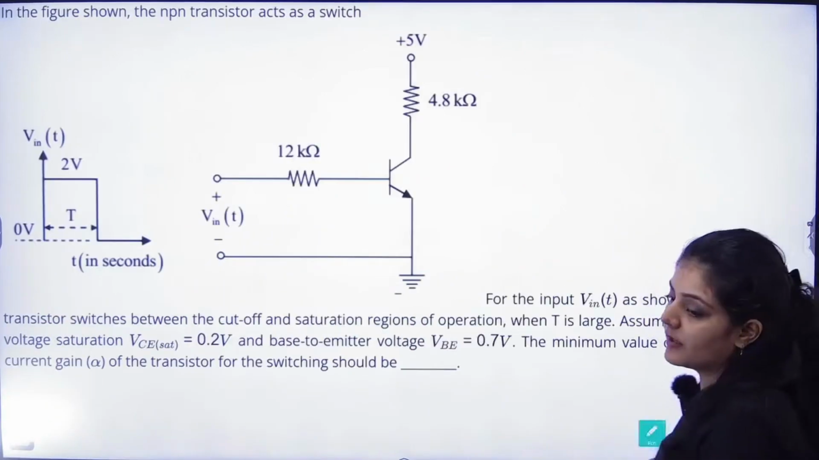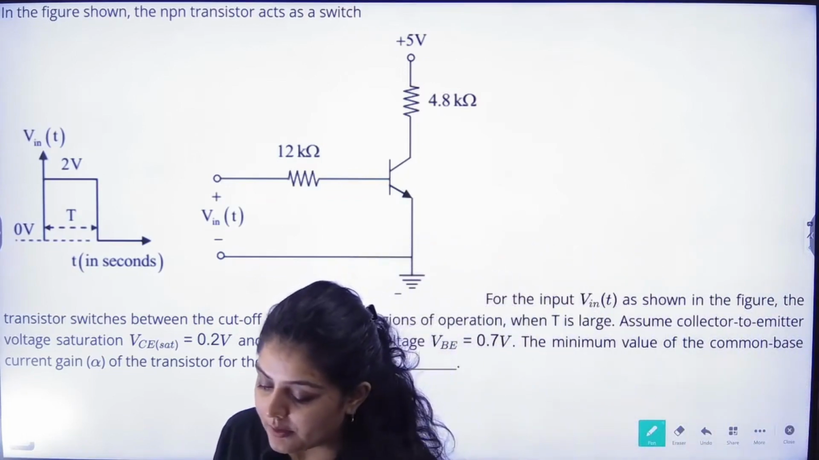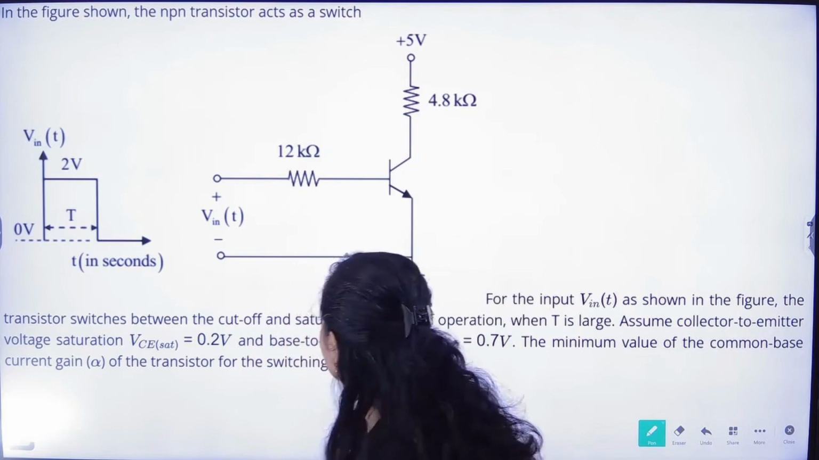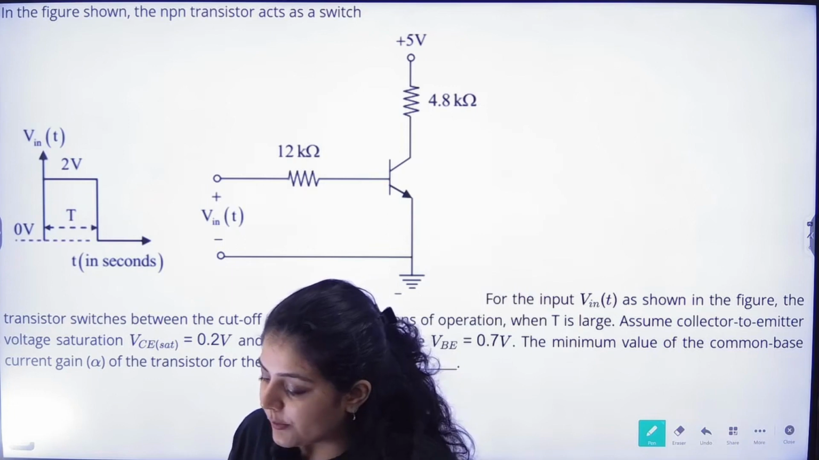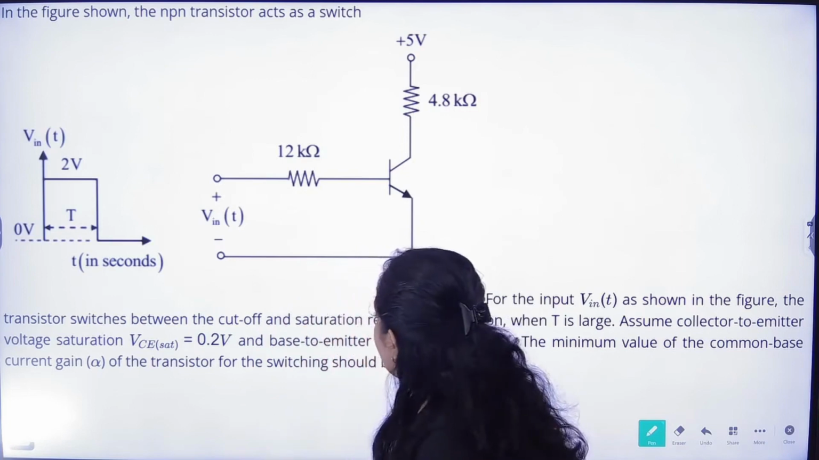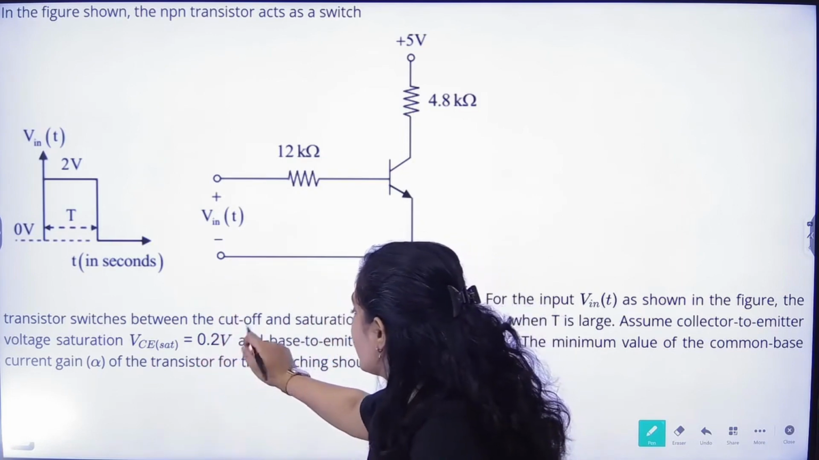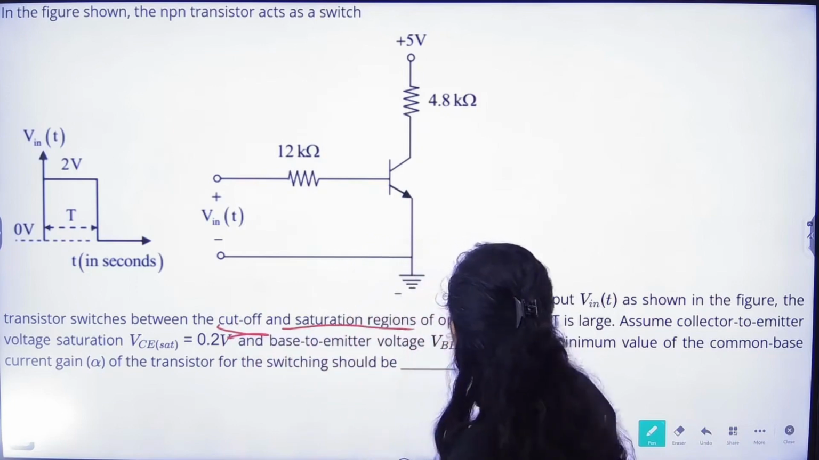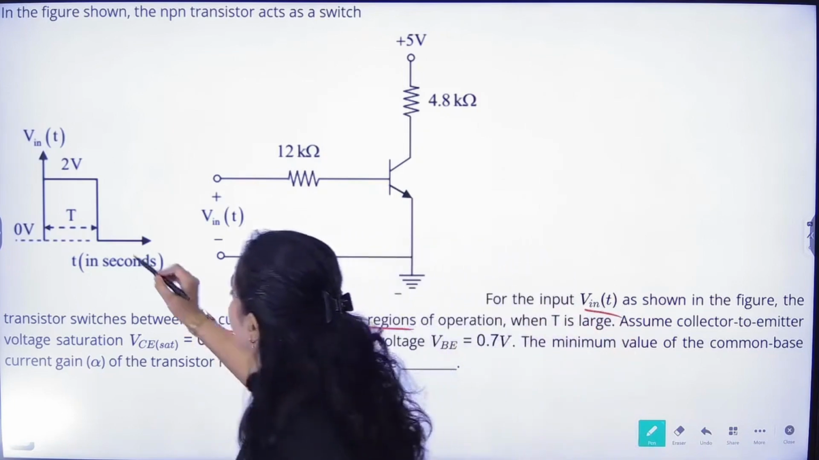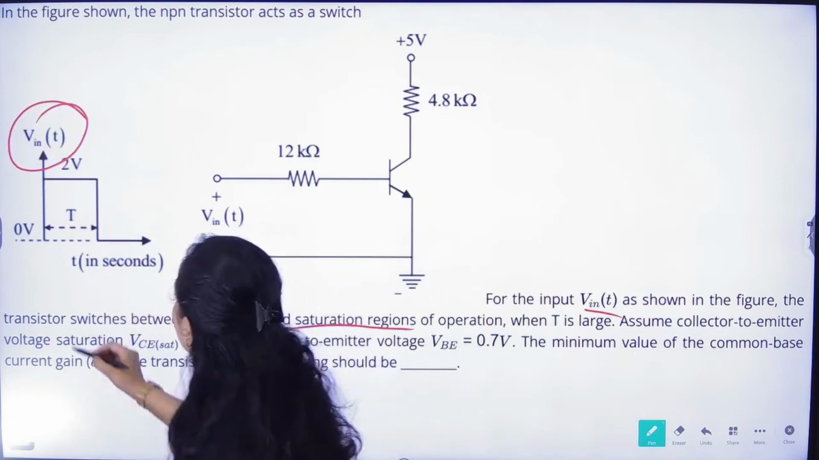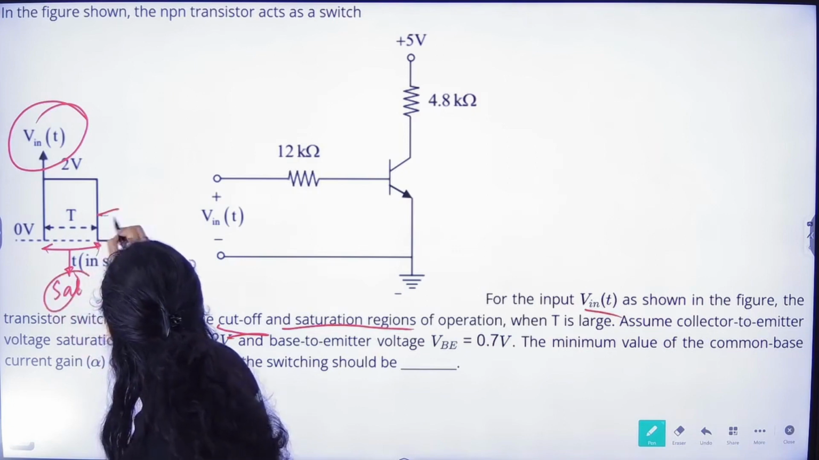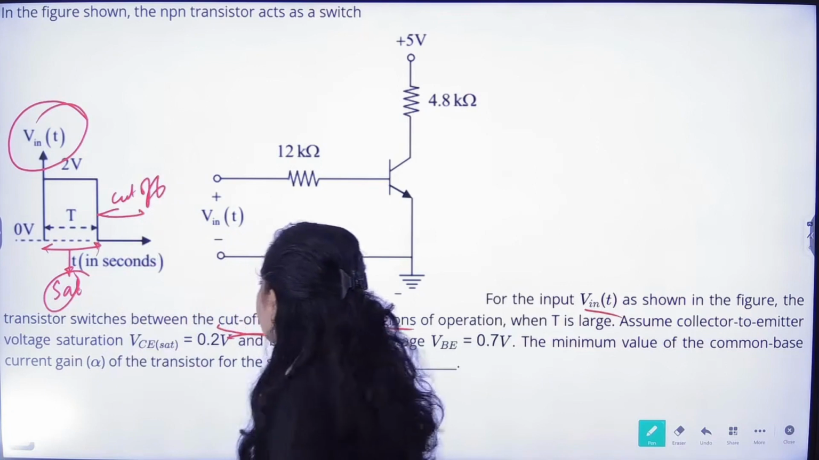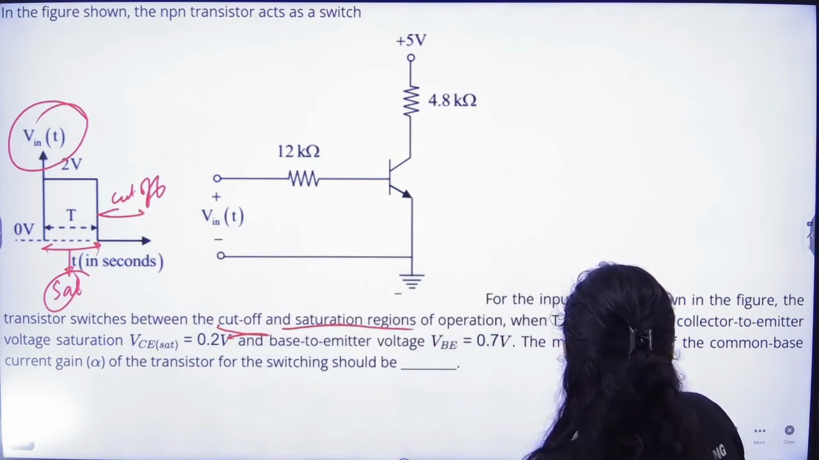Moving on to the next question. Next question says that in the figure shown, the NPN transistor acts as a switch. Right, this particular circuit acts as a switch. For the input Vin as shown in the figure, the transistor switches between cutoff and saturation region of operation. So the transistor will switch between cutoff and saturation region, right, for this particular input. For this particular range, because input is there, it will act in saturation, and this is cutoff, there is no input, right. When T is large,